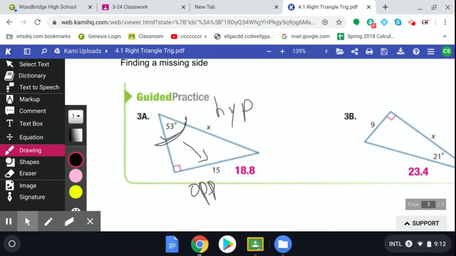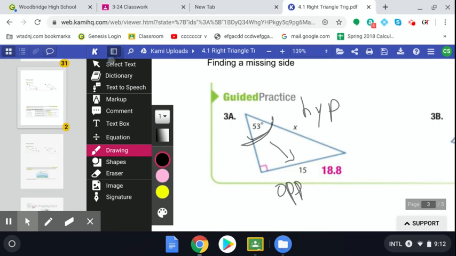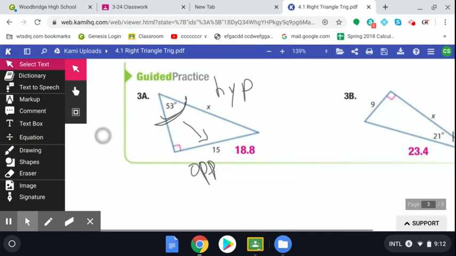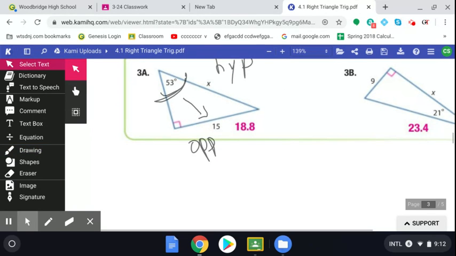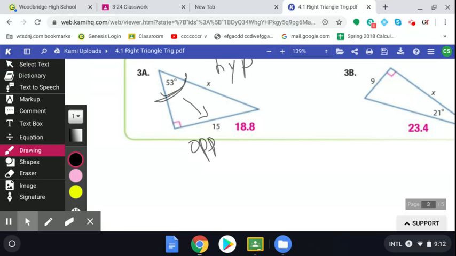So you need to write the trig equation, which in this case would look like this. You'd say, because you're looking for the hypotenuse and you have the opposite, if you remember from geometry, you're so